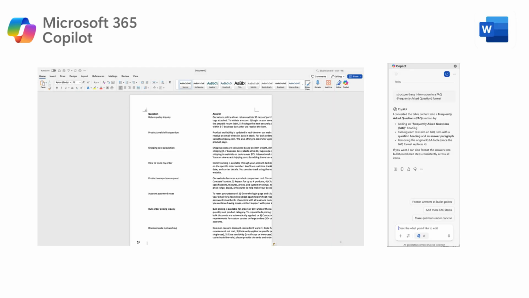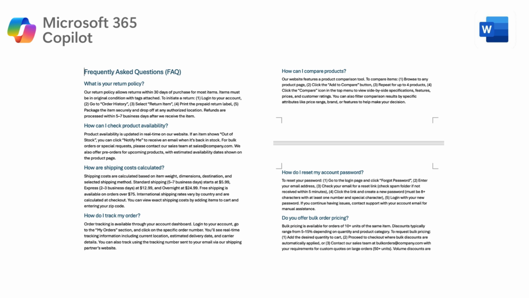Now, I've pasted our frequently asked questions table into Word, and let's be honest, it looks pretty rough. It's just raw data on a page, and it's definitely not client-ready. It's time to bring in Copilot one last time to act as our document designer. I'm giving it a simple prompt: "Structure this information in a frequently asked questions format." Let's see how it transforms this mess into a masterpiece. And there it is, in less than a